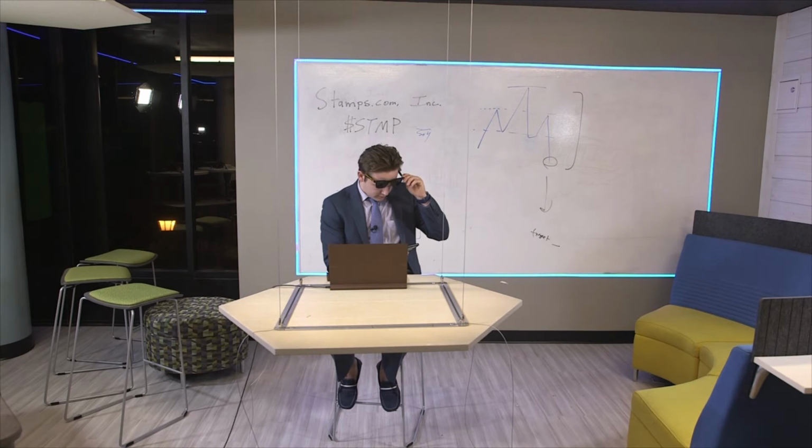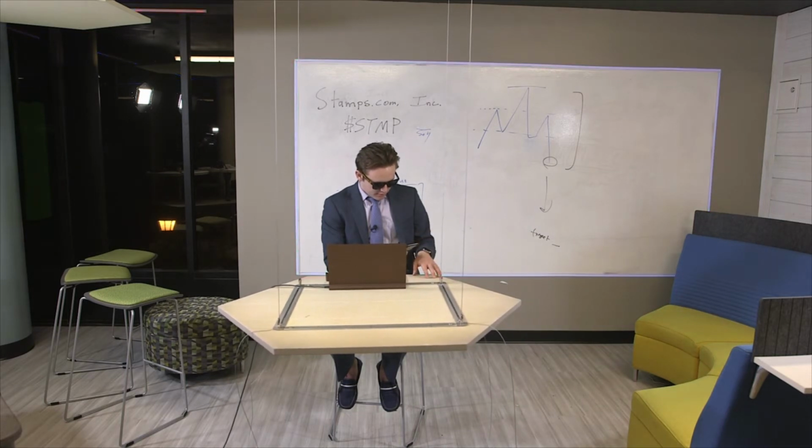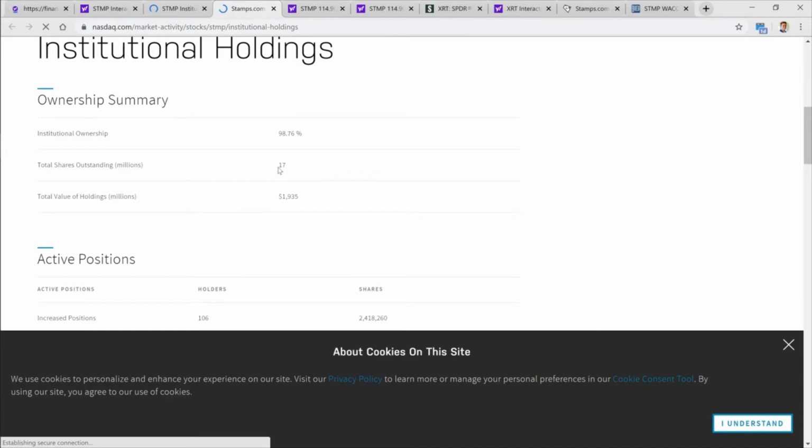You've got to remember, looking at the stock, that the number of shares available is only like 15 million shares. So to see institutions holding 16 million shares here, or up to, it looks like these guys are reporting that institutions, which might be a broader definition of what an institution is, hold almost 17 million shares, which is almost all of the stock. So give or take 90% of this company is held by institutions,